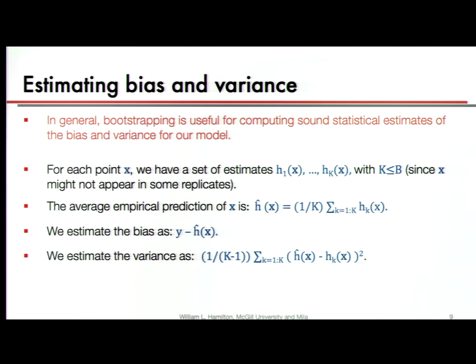So we're going to make slightly different predictions because all these data sets have slightly different samples. And once we have this prediction, we can estimate the bias of our model. So we can say how far off is the prediction of our model. So the average prediction our model makes on point x, how far is this off from the true value for y? And the other thing we can do is estimate the variance too. We can say how far off is the average prediction that we make for y from the prediction made by any of these individual models.